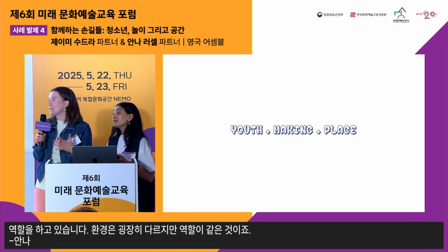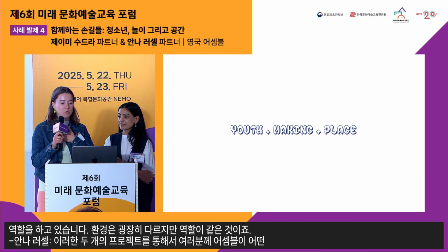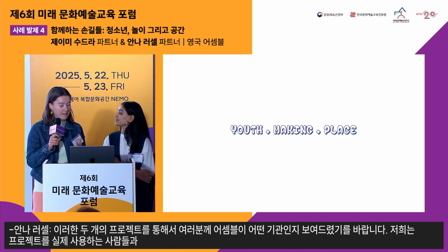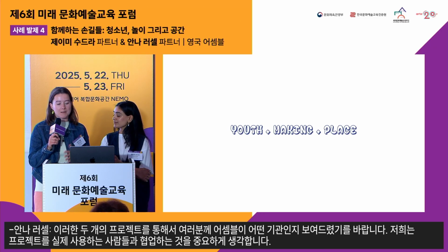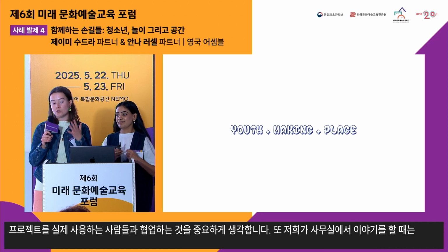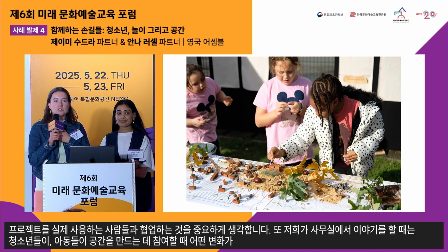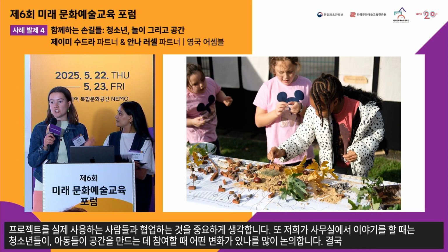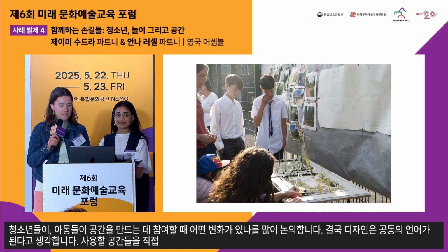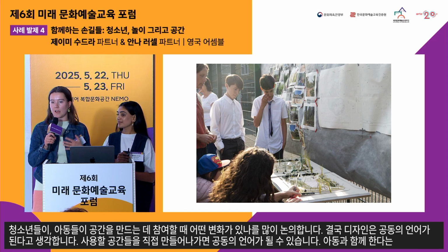So hopefully, as these two projects have started to articulate, at Assemble we think collaboration with the people who will be using the projects is really important. And we talk a lot in the office about what it feels like when young people are genuinely part of shaping the spaces that they use. And we really believe that design becomes a shared language when young people are invited to shape the spaces that they use. And working with children means we have to let go of the fixed outcomes